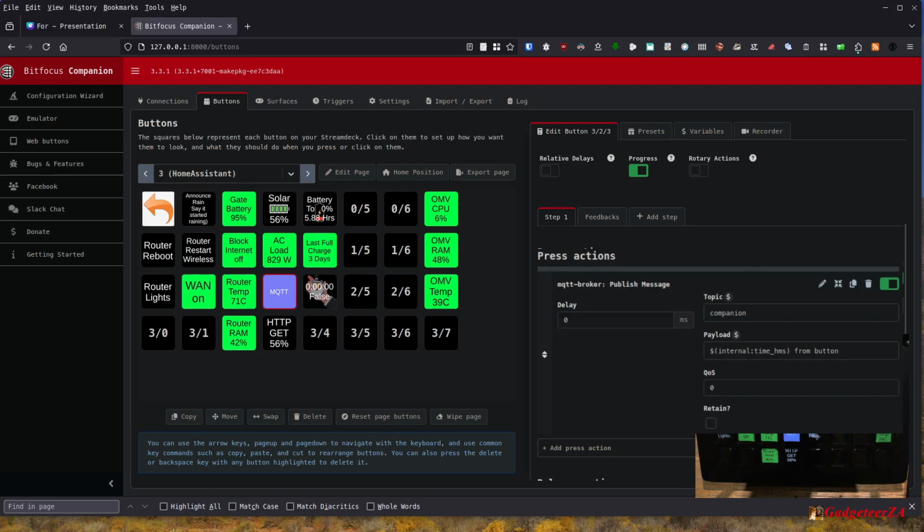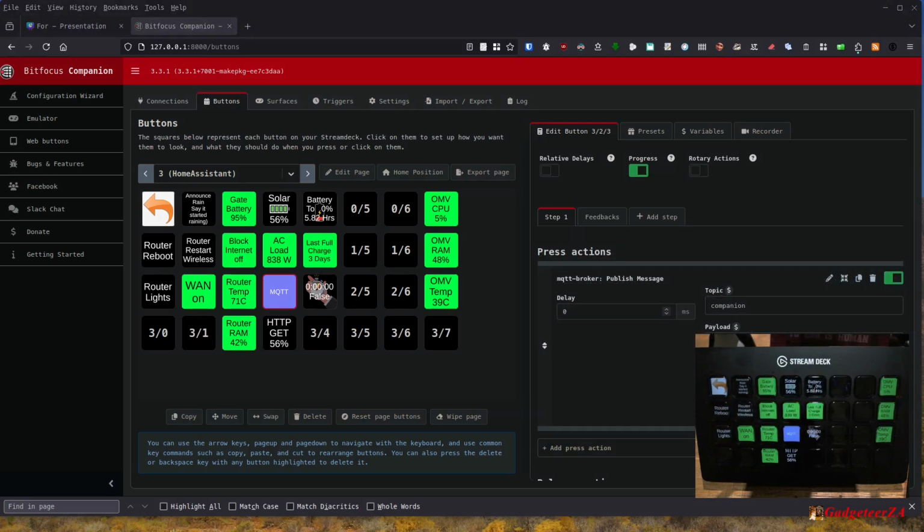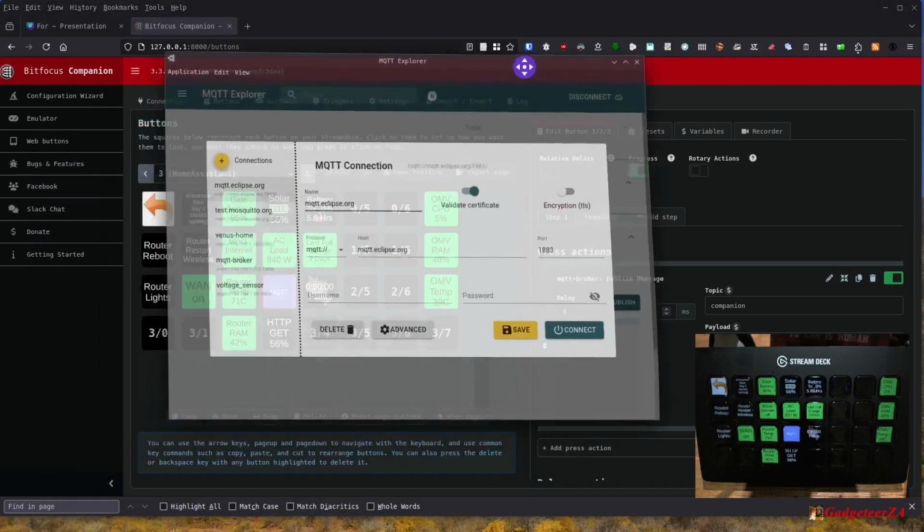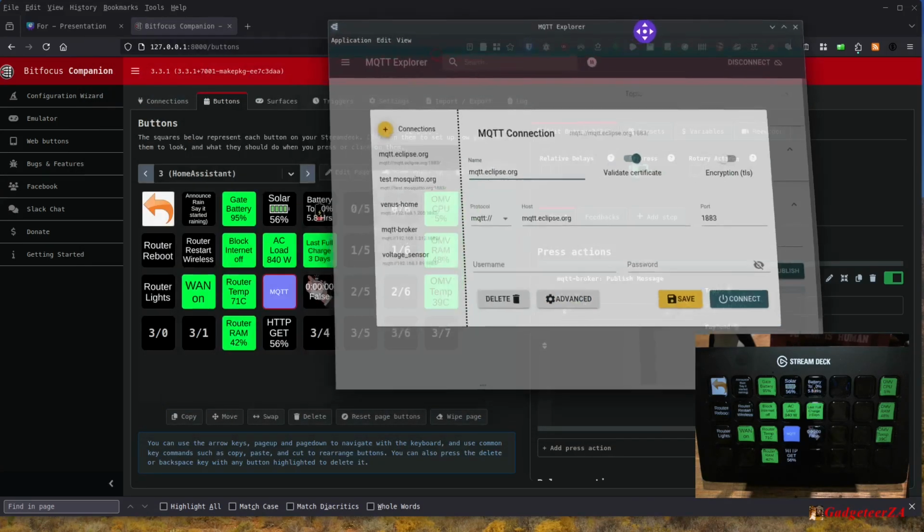It's going to send the time. It's just a built-in variable for the time right now to show you that it is now. And the words from button, just to sort of show you what it does. And I can actually demo this to you if I start up MQTT. I've got an MQTT Explorer that I was using when I was troubleshooting my MQTT for my Sonoff switches and all that sort of thing. But just to show you then that it does work, there's my MQTT,